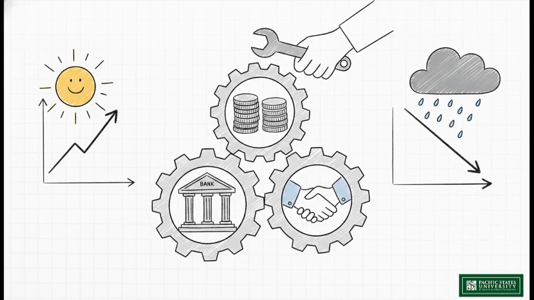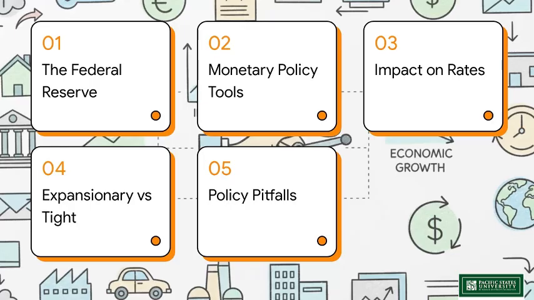These are the actual tools that governments and central banks use to support the massive interlocking system of money, loans, and banking. It's like the plumbing of the economy. If this system falters, if the pipes get clogged or burst, an economy can easily spiral into a devastating recession where jobs disappear, or on the flip side, it can suffer from prolonged runaway inflation where your savings become worthless. We are going to demystify exactly how central banks attempt to prevent those absolute disasters and actively influence the broader economic landscape. Here is our roadmap for today's lecture.